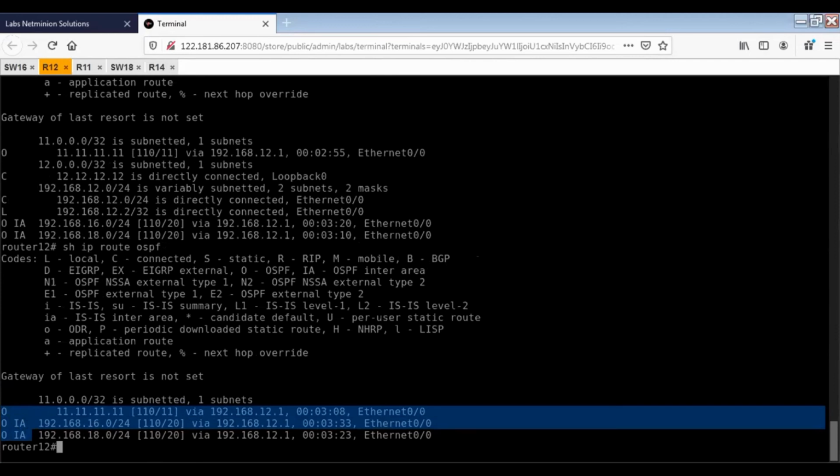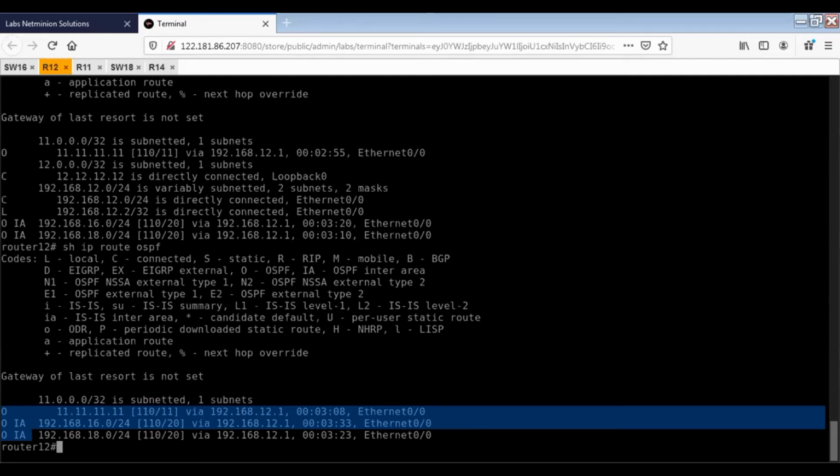We are getting inter-area routes. As we have kept 11.11 in area 0, that is a normal route, you can say. But 192.168.16 and 18 are all from different areas: one is area 16, one is area 18. That means it is inter-area.